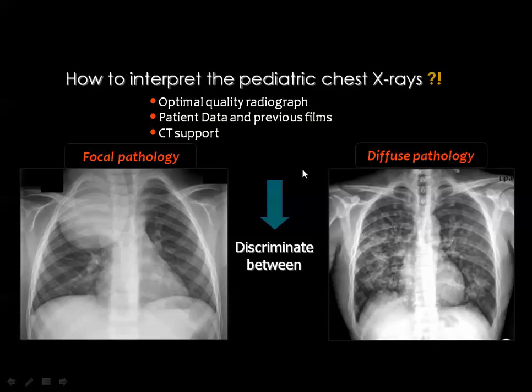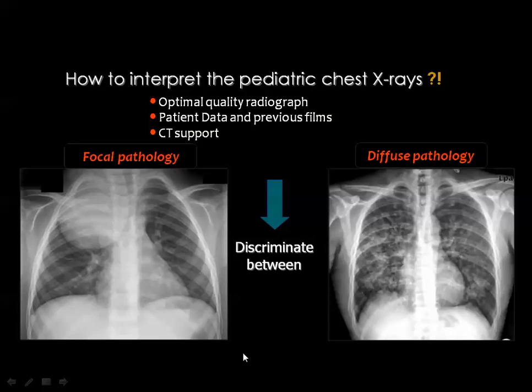The first step is to ensure an optimal quality radiograph, and this can be achieved if you realize that the patient is well centralized and the patient has taken a deep breath before being radiographed, and the radiographic factors are optimal so that you can see the details of the lung and the details of